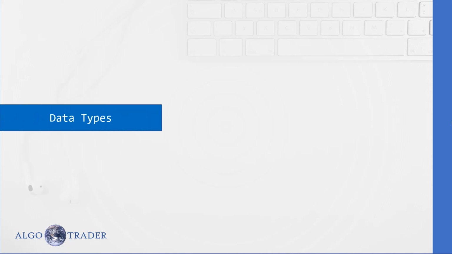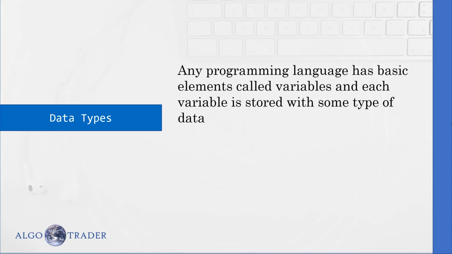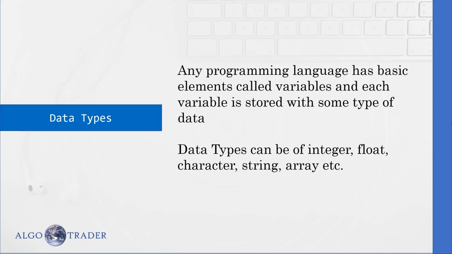The first thing is data types. So what is a data type basically? If you take any programming language, we have some basic elements, right? We call them variables, and we store some data in each variable. The data can be of any type. For example, some number. The number can be an integer or a floating point number. What is an integer? Let's say 1, 3, 1000, 1 lakh, etc. And what is a floating point number? A number that has a decimal point is called a floating point number. Let's say 100.05, 123.25. It has some decimal value, right? That is called float.